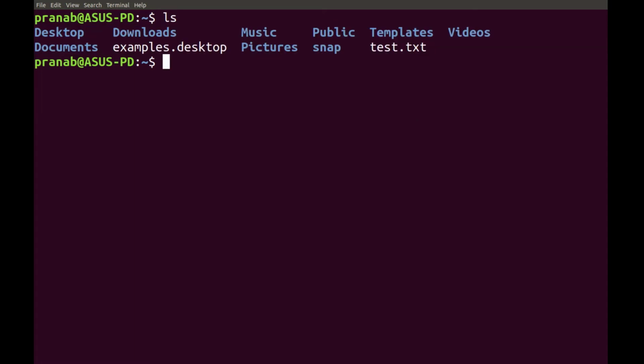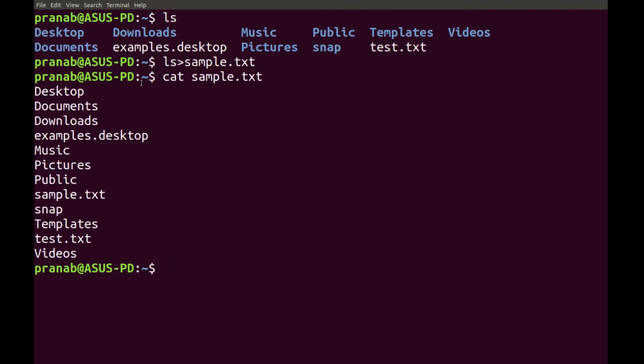Suppose we want to store the result in a file sample.txt. So I have used the redirection operator and sample.txt. Now let us run it. If you see, the result is not displayed on the terminal. Let us open the file sample, and we see the result is now stored in this file.